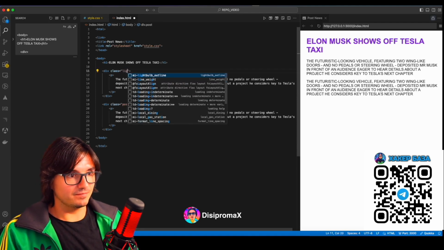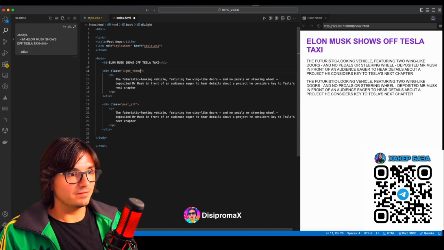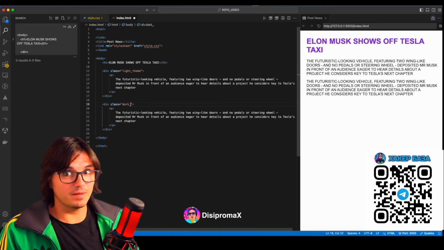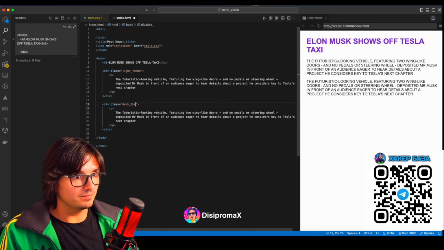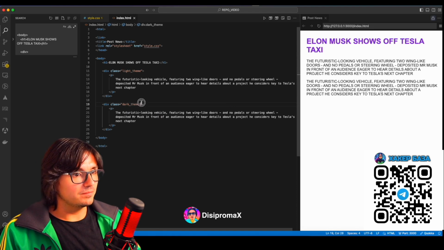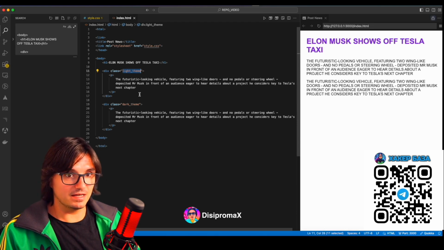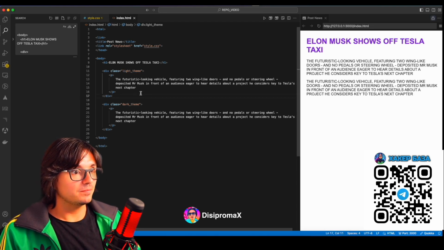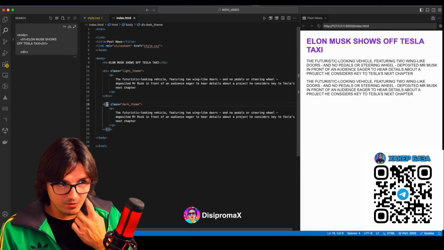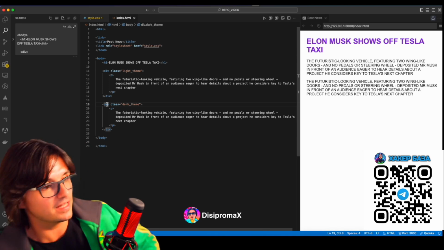Suppose we have a theme, right? This is better. Light theme, like we have in applications, and then there's the dark theme. This will be a perfect example. I'm doing this on the fly right now, like this, because it seems clearer to me. So, we want to create a light theme and a dark theme. Okay? We will have the same, roughly speaking, element. And for the same element, we will create two different themes.